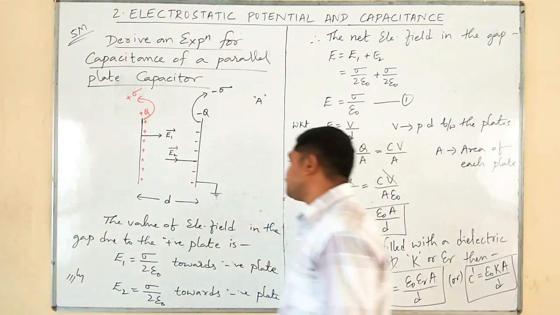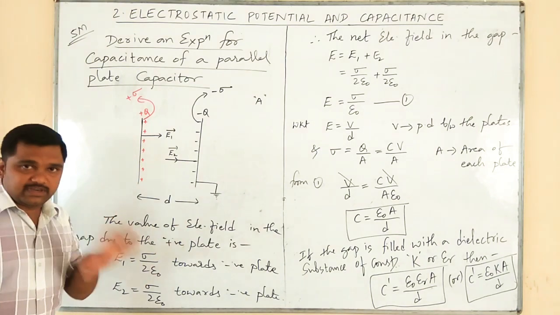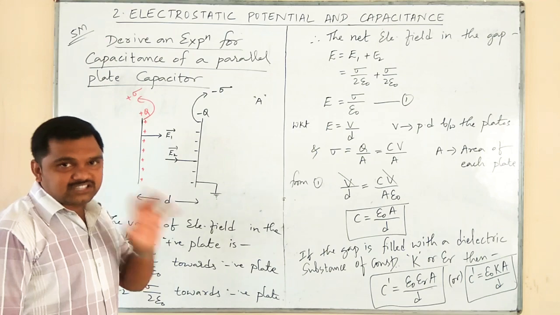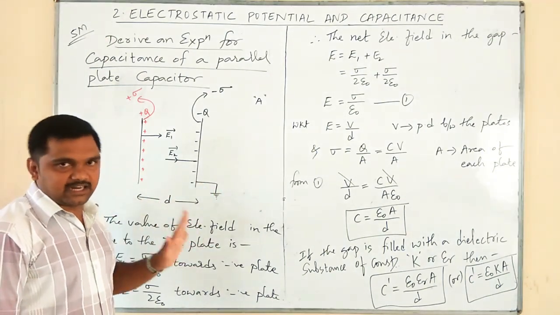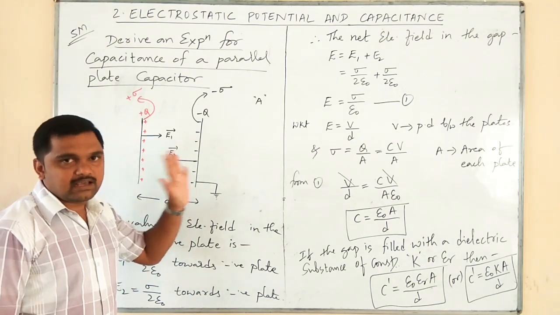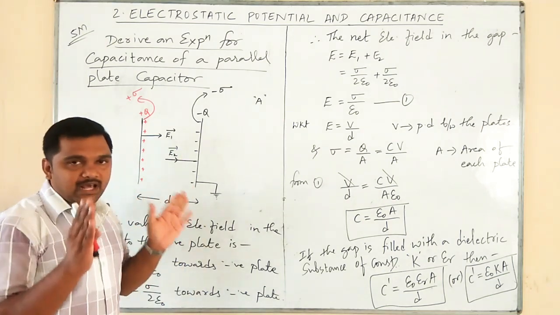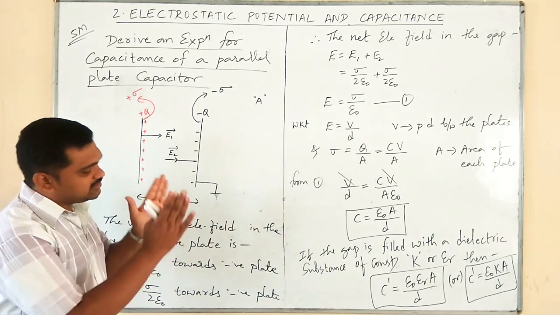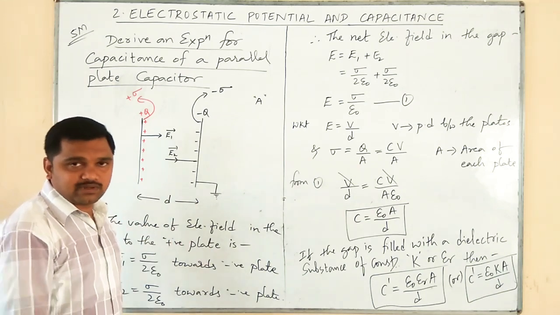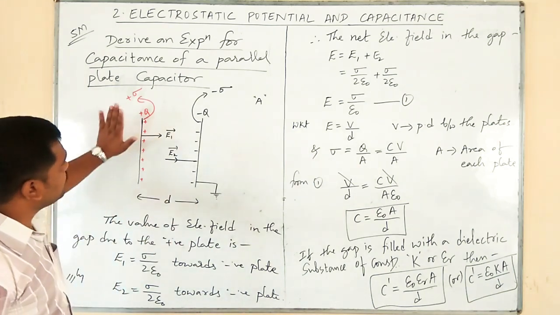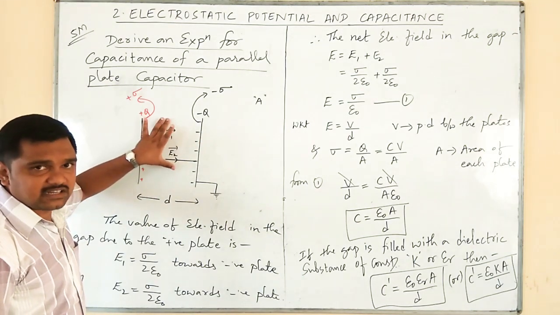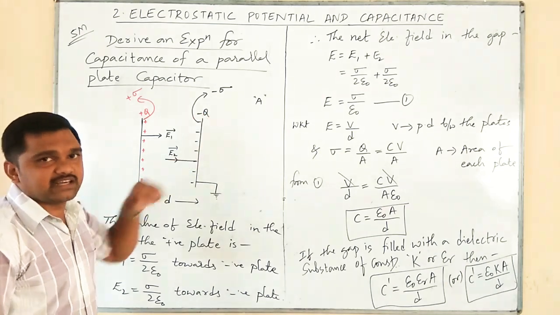Please remember, capacitor is an electrical device which is used to store the electrical charges and hence the electrical energy. Now, in our syllabus we have only one type of capacitor, that is parallel plate capacitor. A parallel plate capacitor is one which is having a pair of plates, out of which one is insulated and the other one is grounded. I am taking one such parallel plate capacitor here. Since there is nothing inside that gap, it is also called as condenser.